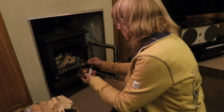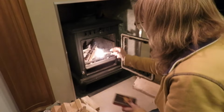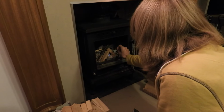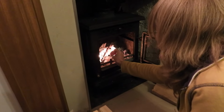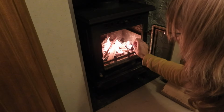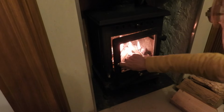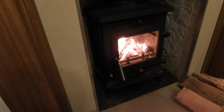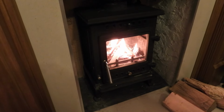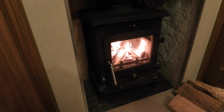Right, nice long matches, be safe. Oh, get them to light. It's a bit damp. Right then. So I catch the firelighters if I can, and that catches the paper. And then we close the door, simple as that. Make sure your vents are all open, and they are. And there we have the start, just leave it for a few minutes,